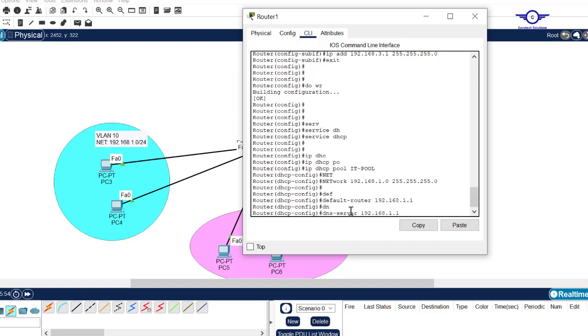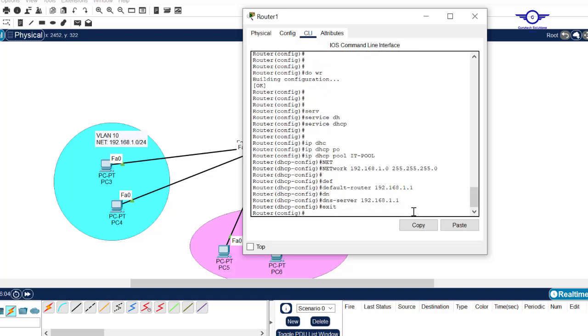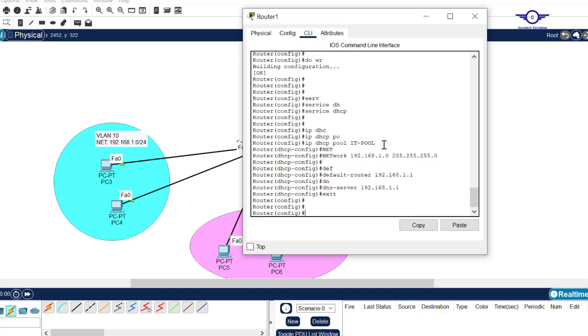In this case, you can decide to configure DNS server or just leave, but let's just configure it. 192.168.1.1. You can configure anything for DNS server. It's not important in this case. There'll reach a time when it's very, very important. So exit. So we've created a pool for IT department